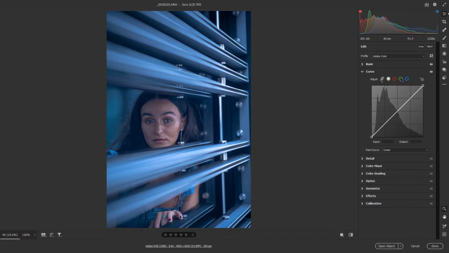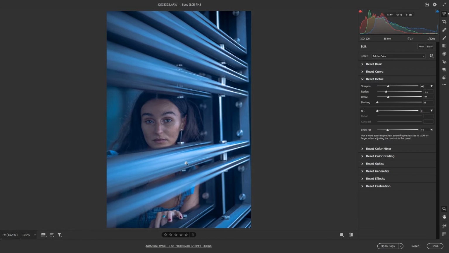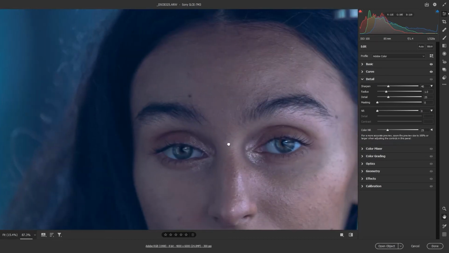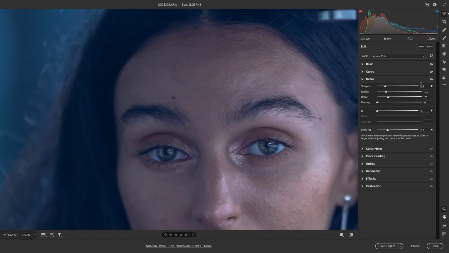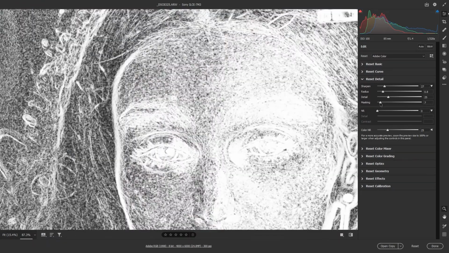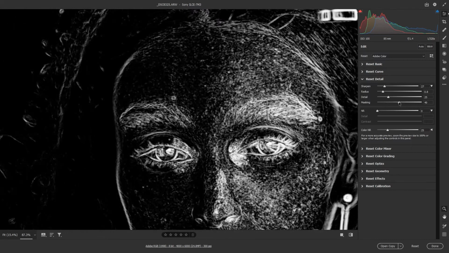Let me decrease the cyan for the image. For that, go to the red channel and increase the reds a very tiny bit. Also bring back the midtones. So this is okay. Now go to the detail tab and again zoom into the image and reduce the sharpening. By default there is 40 sharpening in raw files, so decrease it to around 25-30, and also decrease the radius. We will only apply it to the edges, so hold Alt and increase the masking slider.